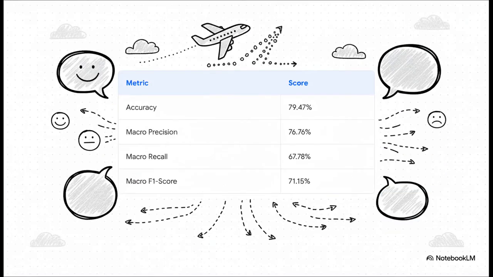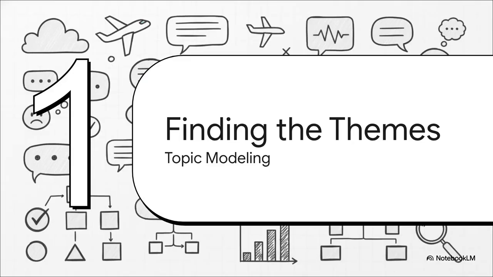And here's the full report card for our little mood detector. You see, beyond just basic accuracy, you have these other metrics like precision and recall. They basically measure how well the model avoids making specific mistakes, like, say, calling an angry tweet neutral. The short version? These scores just confirm that the model was genuinely understanding the text, not just getting lucky with its guesses. Okay, so we know the overall mood.